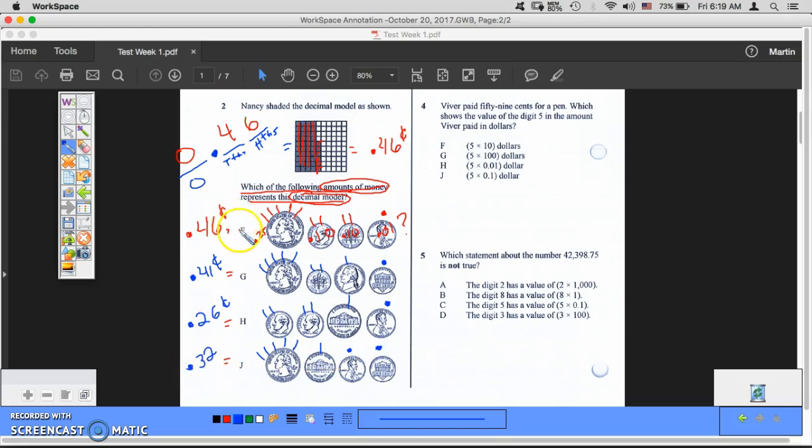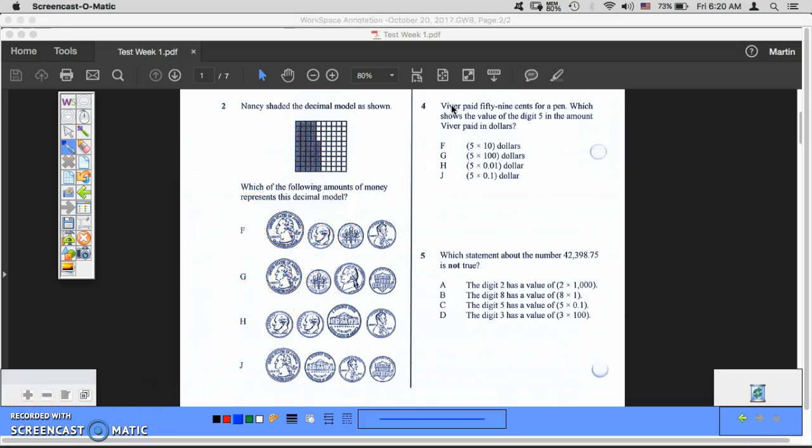And so write the amount of the money next to the letters and then try to find the right one, and you'll see that the right one is letter F. So all of these are incorrect. Be sure you bubble in for number 2. But before you do, guys, please be sure that you count your money correctly. Count your money at least 3 times and be sure that it's the same amount. So number 4 is going to read, Fiverr paid 59 cents for a pen, which shows the